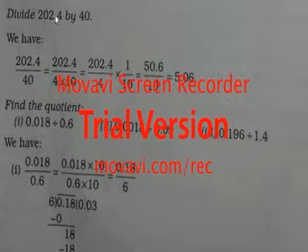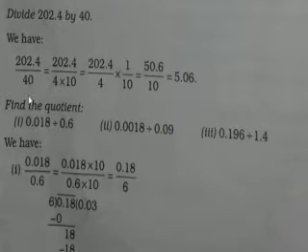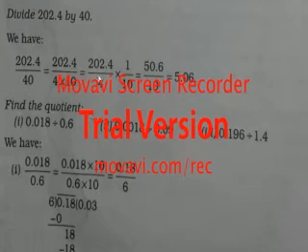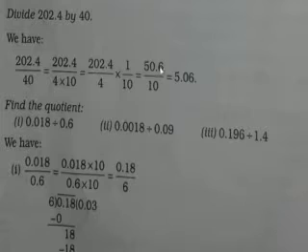Divide 202.4 by 40. What will you be doing? It has been shown in the fraction way. 202.4 by 40, then 4 into 10 is written, so it becomes 202.4 over 4 into 10. Now 1 by 10 has been written, and 202.4 has been divided by 4. 5 4s are 20. Now 2 will come, it will not be divided, so we keep 0 and bring down another 4, and that 4 is after the point, so the point will be there, so it will become 4 6s are 24. So 50.6, you can divide also.